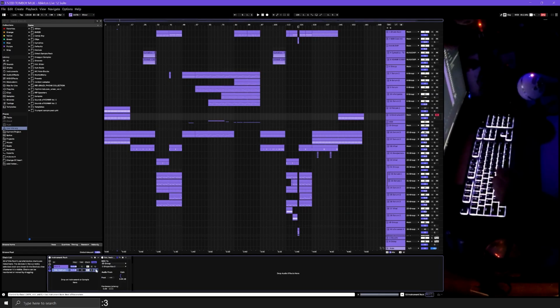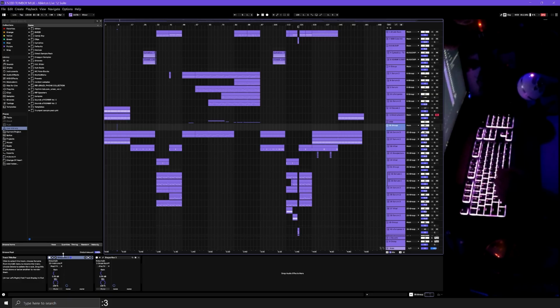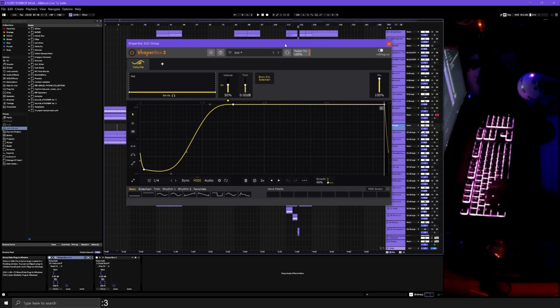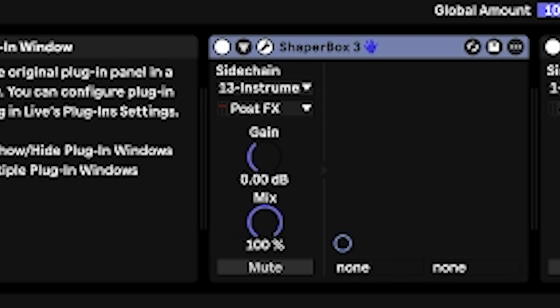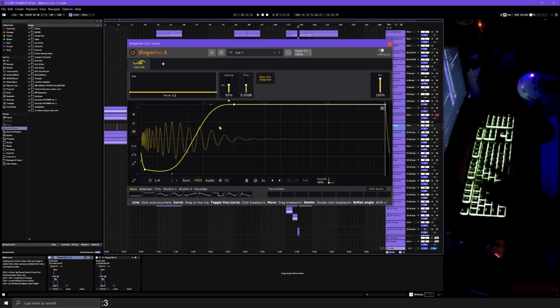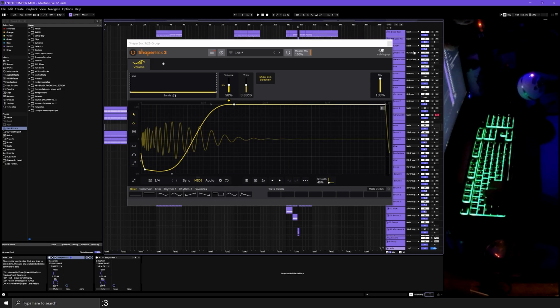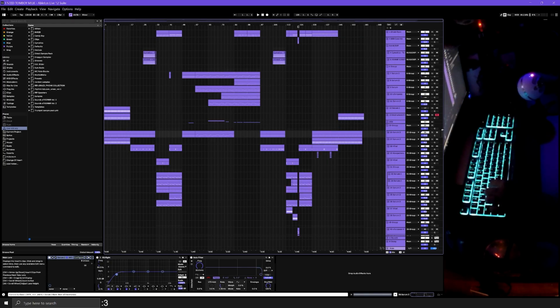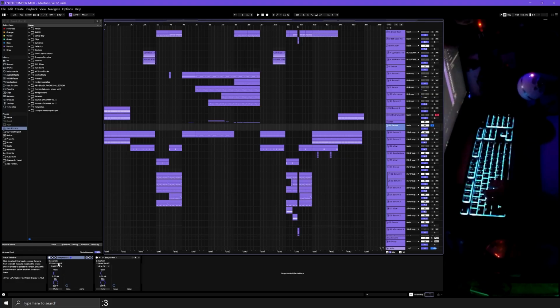Anyway, I've added an external instrument that sends a MIDI signal over to this group right here, which is tied to a shaper box. I have it set to sidechain to whatever kick I've made, so that I can see how I should design the shaper box, the sidechaining and whatnot. With that, let me show you the basses. So these parts right here, if I disable the shaper box,